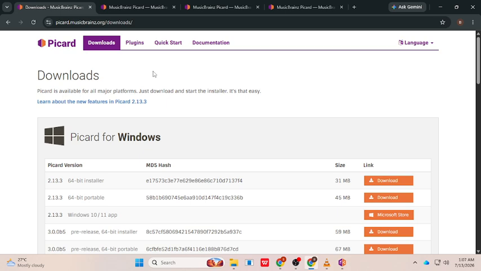Keeping the application updated ensures you have the latest improvements, better compatibility, and the newest features for